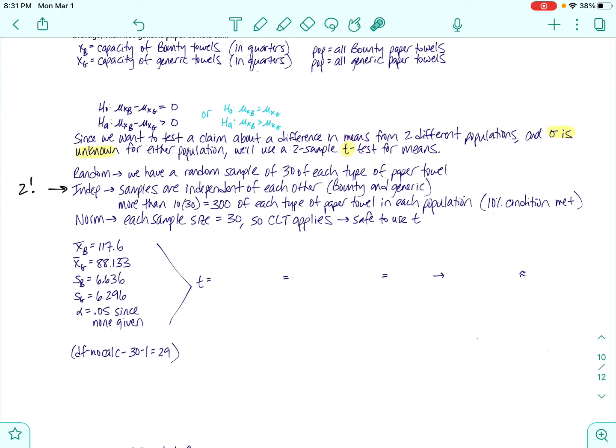So it probably wouldn't be the best idea to say the CLT applies, our sampling distribution is approximately normal. That implies that we're going to use table A and do normal CDF and stuff like that. In this case, we're using a T distribution. So saying that it's normal doesn't really apply to this problem. We're using T's here. Take a second, if you're okay with these condition checks,